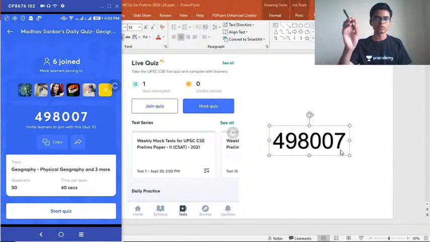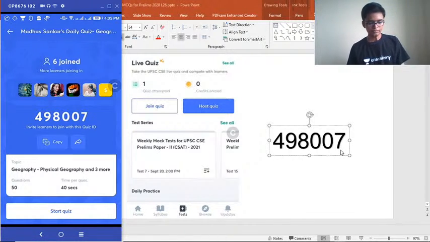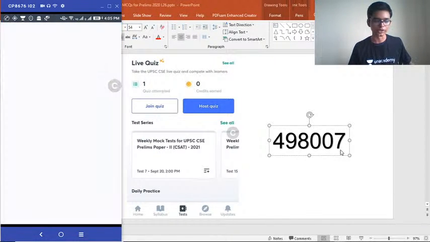There are 50 questions, so ample time is there. And this is how it works. Once the quiz starts, it doesn't stop until the entire quiz is completed. Per question 40 seconds, totally 50 questions are there and it will go on one after another. The solutions will be given towards the end. After each question, the leaderboard will also be shown. Clear? Now let's start it. If you do not know how to join this quiz, please ask me in the YouTube live chat. I will help you do it.